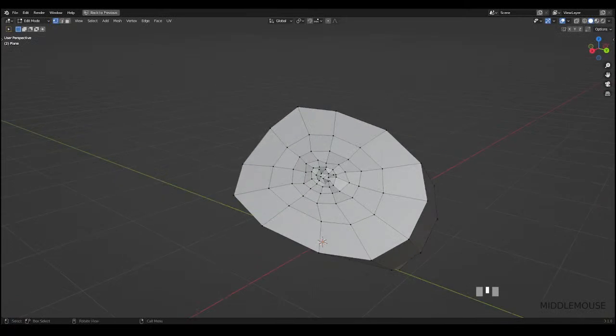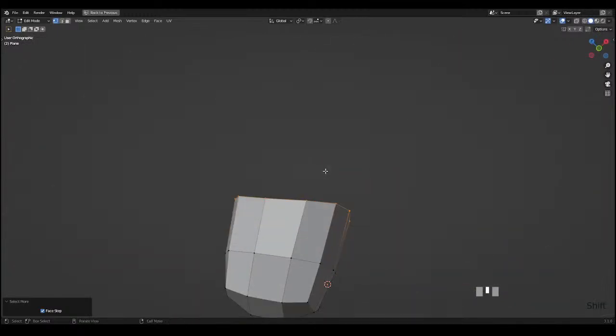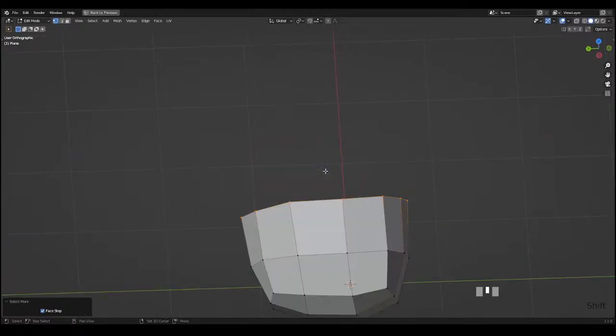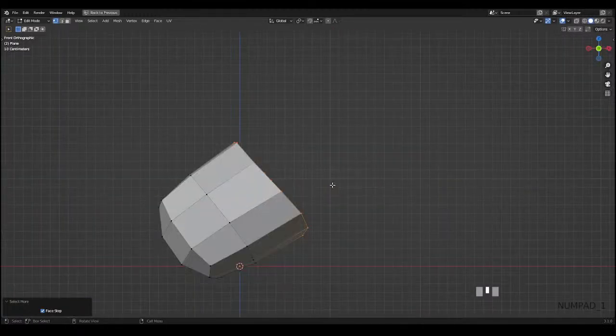So the way to do it, a fast way to do it actually, is, I'm going to show you the Blender vanilla way, if you don't enable one add-on that I will really encourage you to enable, which is available by default in Blender. But the one way to do it will be to press Shift and 3, or Shift 7, or Shift 1, or Shift whatever, which basically enables you to put your viewport